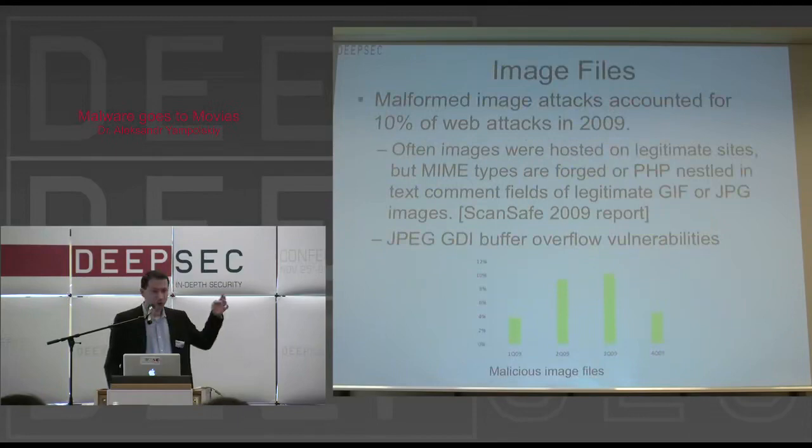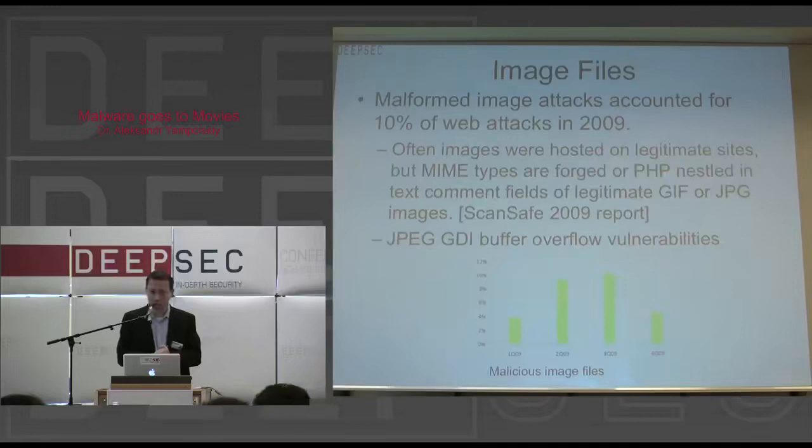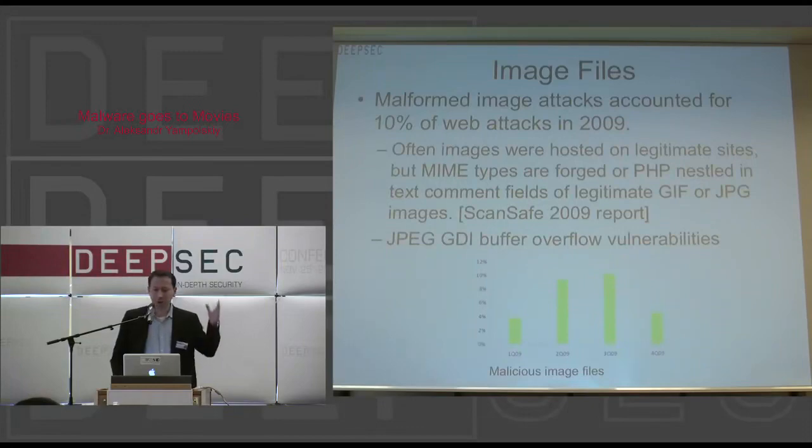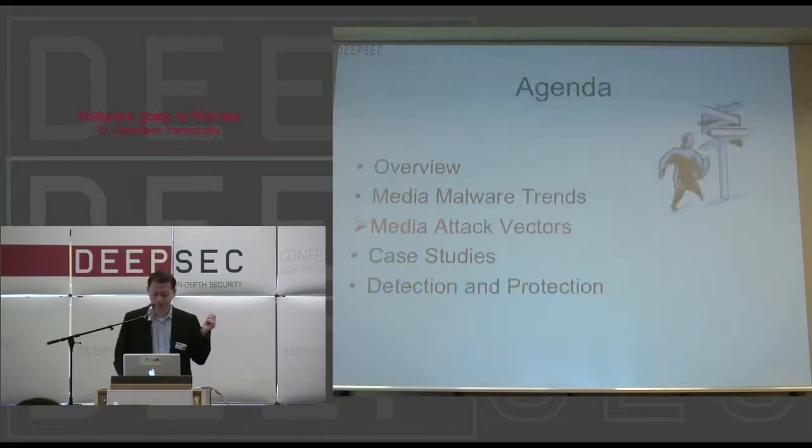Image files. So we talked about video, YouTube, imitations. Now we talk about image files. So it's a big component. Typically in the image files, there are different approaches you would take. One approach is to exploit the GDI buffer overflow vulnerability in some images, which Microsoft did not patch until a couple of years ago. Another way was to nestle the PHP script code into the text comments of the images, and some web servers, when you clicked on the image, would actually start executing the PHP code. So there was a big spike in the number of malformed images which were designed to take over people's computers.